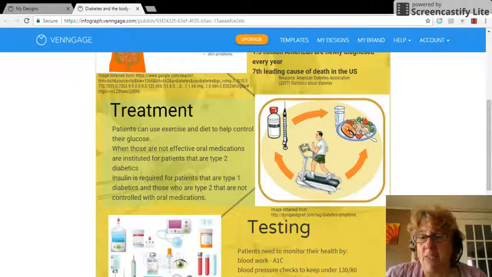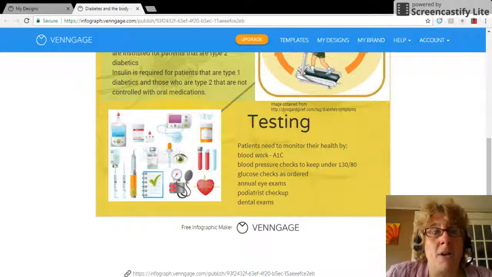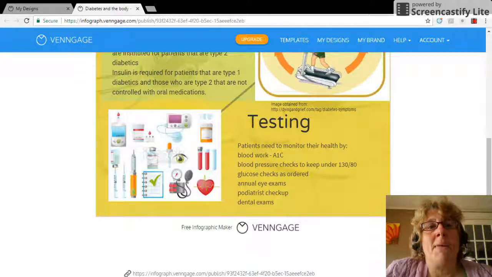People need to take care of their diabetes. They need to monitor their glucose at least daily, if not more often. They should have regular dental checkups to avoid gum disease, regular doctor visits every 3 months when working on managing their treatment program, and maybe every 6 months when they're well controlled.